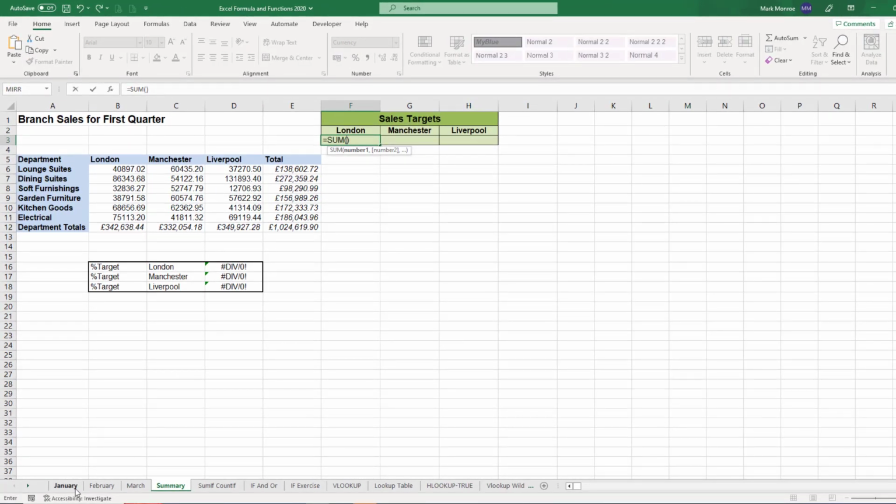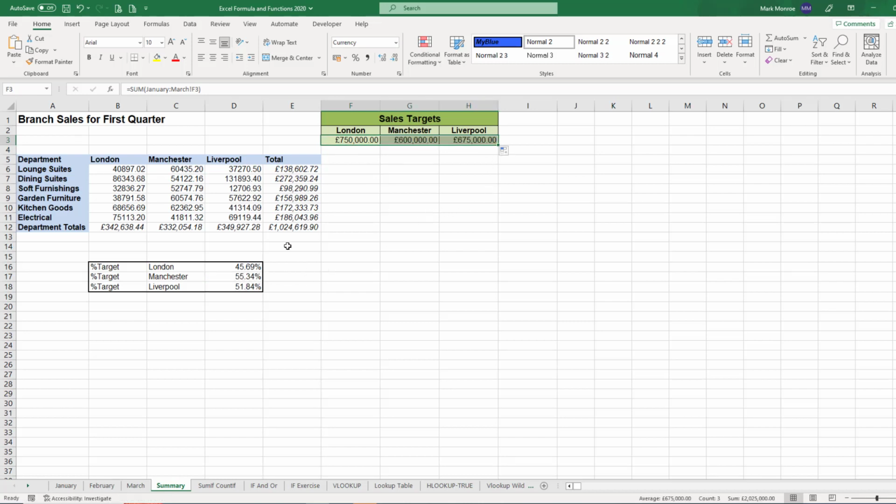We go to January. We click on the F3 on there. We hold the Shift key down, click on March and press Enter. And that gives us 750,000. Once again, it is relative, so we can just pull that across, and that now gives us our completed